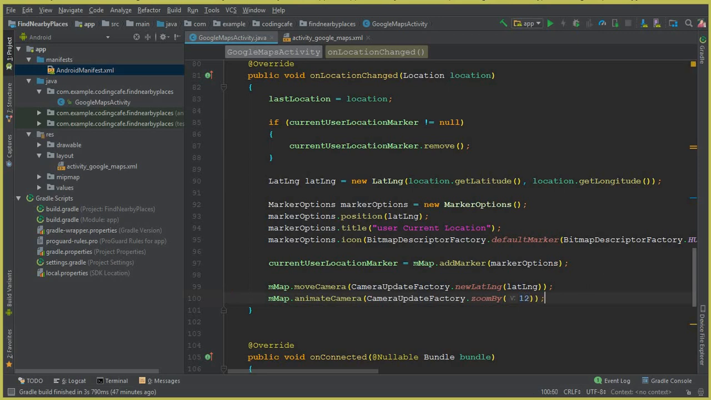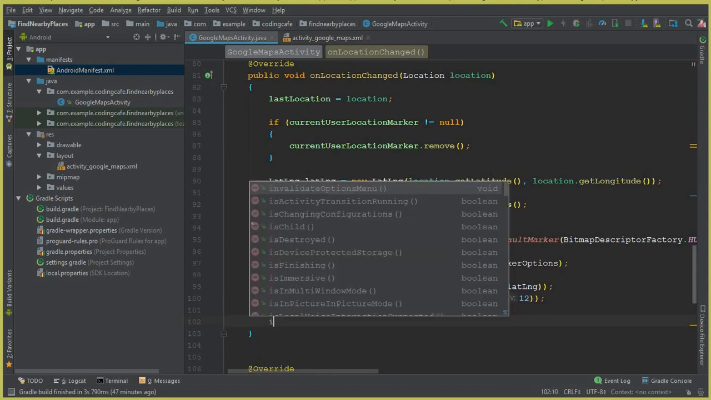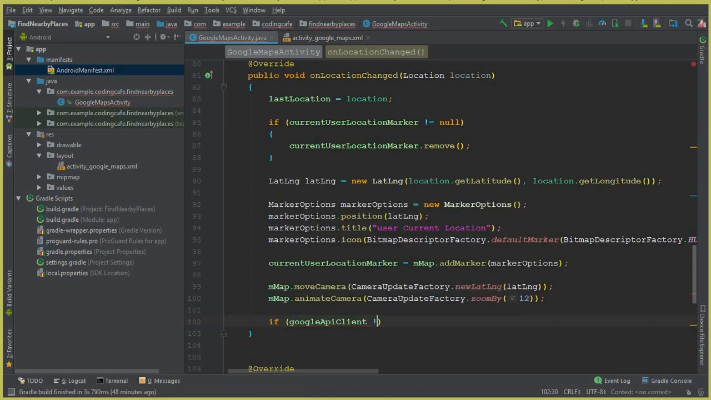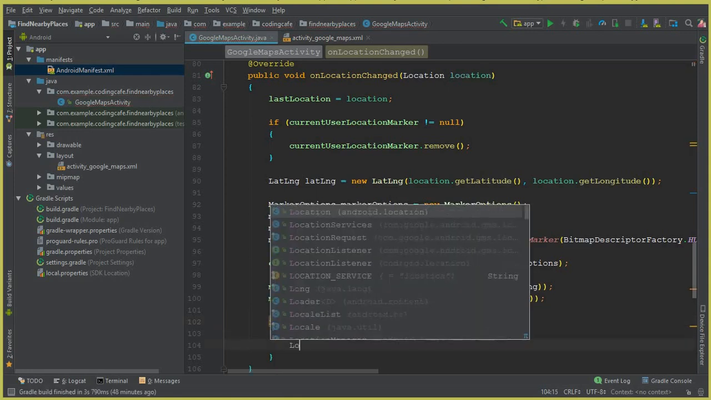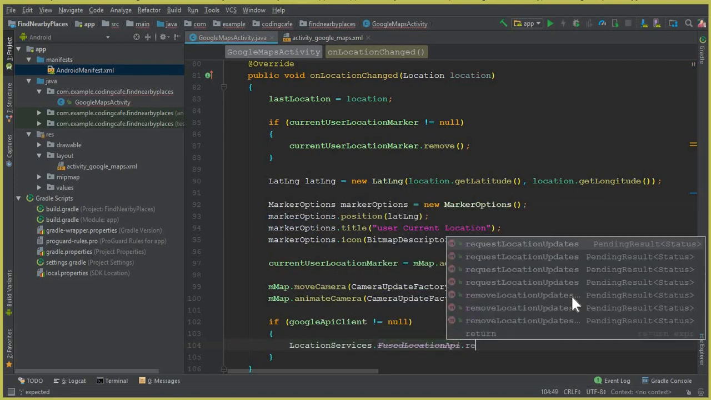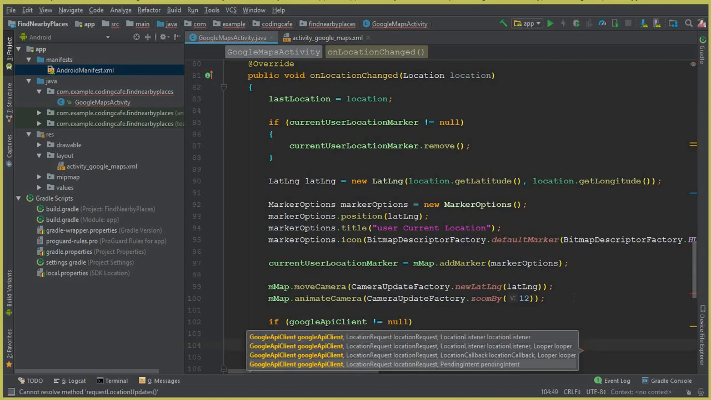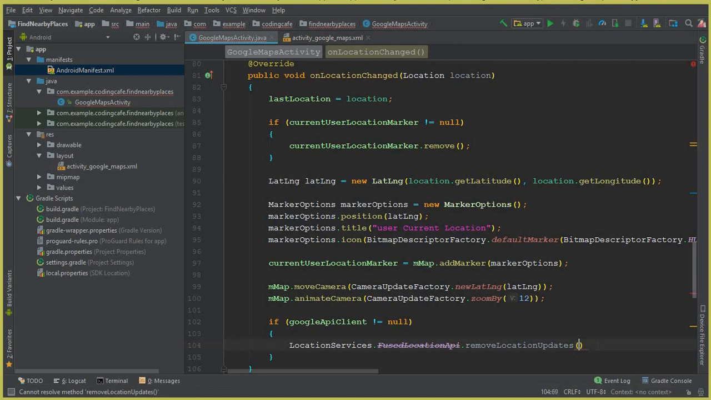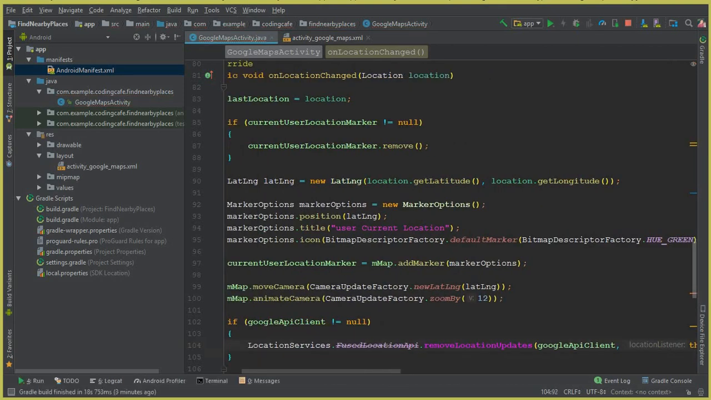So after setting the current location of a user, we need to stop the location updates. For that we can say if googleApiClient not equals to null. Inside this if statement we can say LocationServices.FusedLocationApi.removeLocationUpdates. It needs two parameters. The first one is the Google API client and the second one is the context, which is this, and make sure to put a semicolon here. Now the next thing is